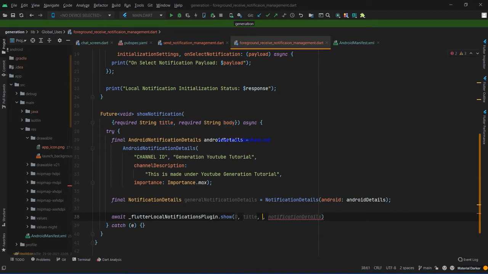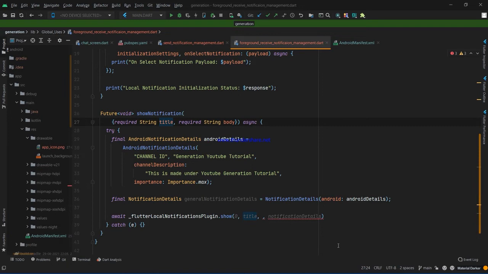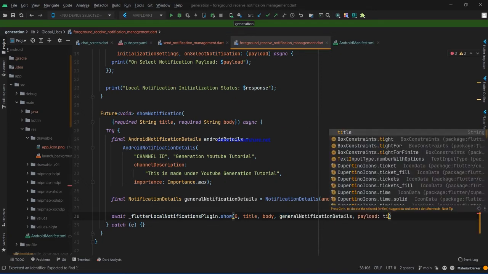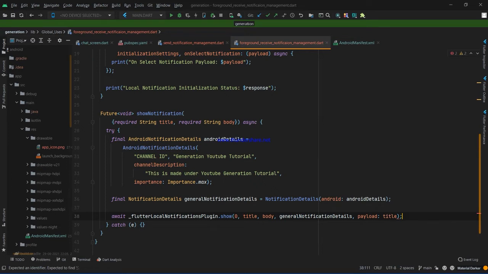Okay, so that title is coming from here, and that body is also coming from here as a formal parameter, and then we have to provide the general notification details here, and through that payload we provide the title.